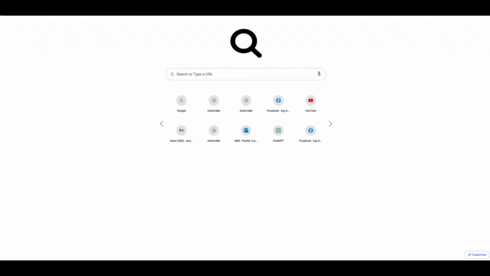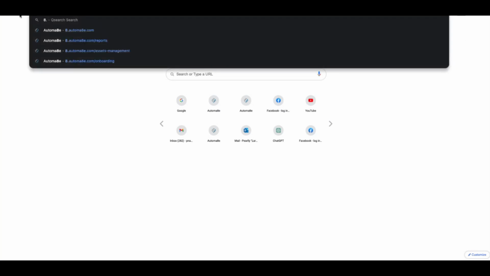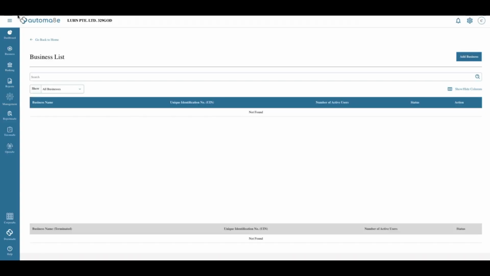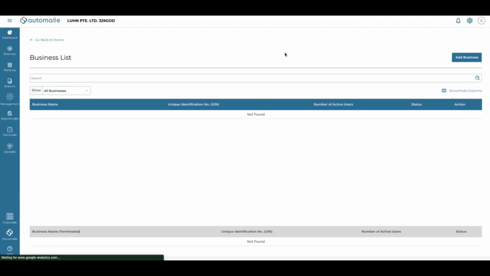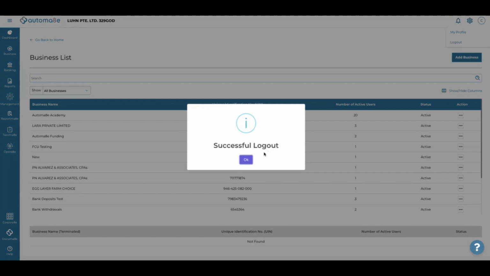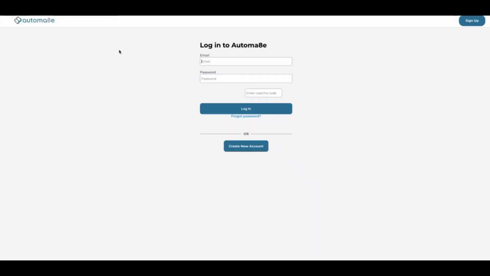So from here, you go to automate.com. I have an existing company here, so I'm going to have to log out, so we can start from the top. If you want to create a new account, just click this, create new account,